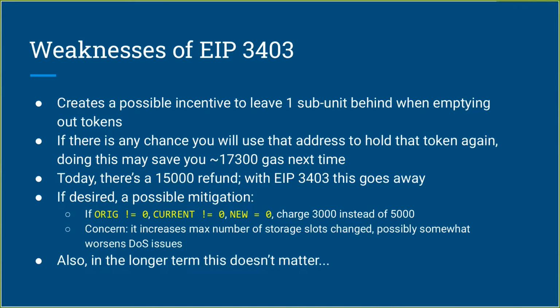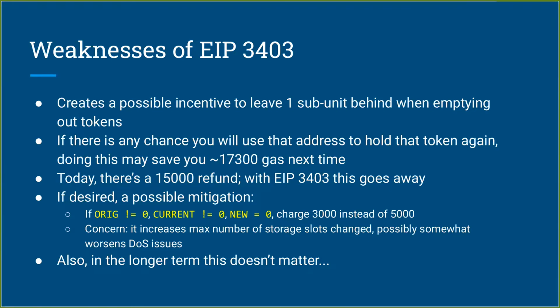So, weaknesses of EIP-3403. This is the one that I think William Morris mentioned on some opcodes calls. It creates a possible incentive to leave behind one subunit when you're emptying out tokens. Say I have 500 units of Wraps Doge and I want to send my Wraps Doge somewhere else. If I know there is even the slightest chance I will ever want to receive more Wraps Doge in the future, instead of sending all 500 away, I would send, say,